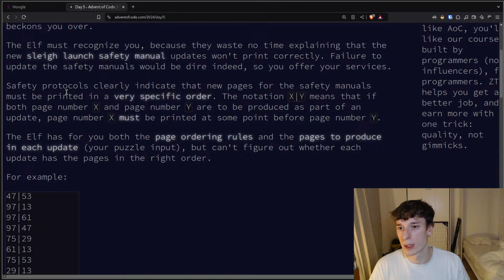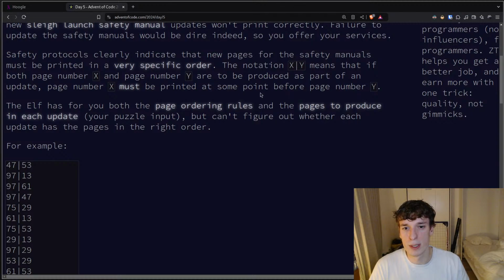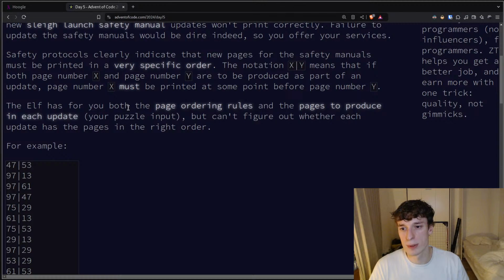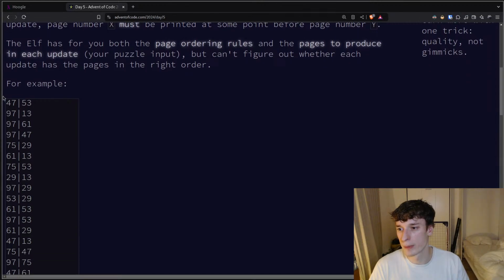Safety protocols clearly indicate that new pages for the safety manual must be printed in a very specific order. The notation X|Y means that if both page number X and page number Y are to be produced as part of an update, the page number X must be printed at some point before the page number Y. The elf has for you both the page ordering rules and the pages to produce in each update. Your puzzle input, you can't figure out whether each update has the pages in the right order. For example,